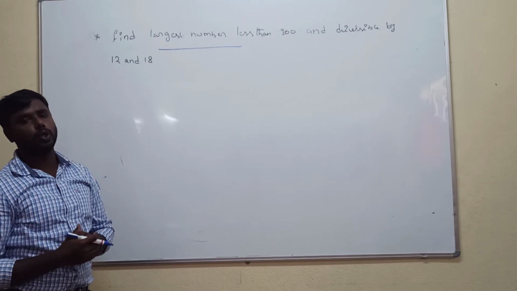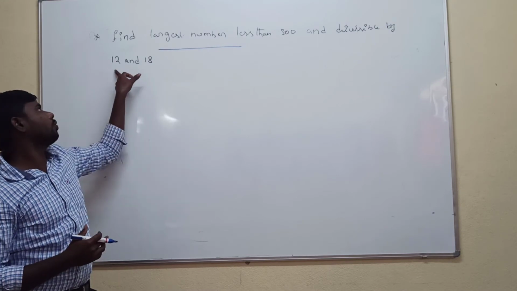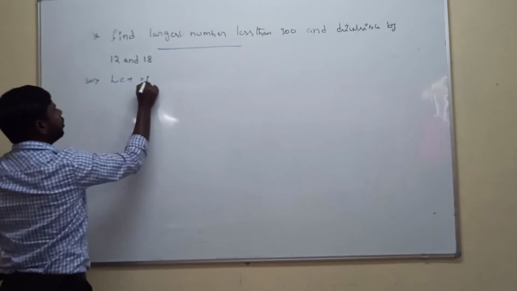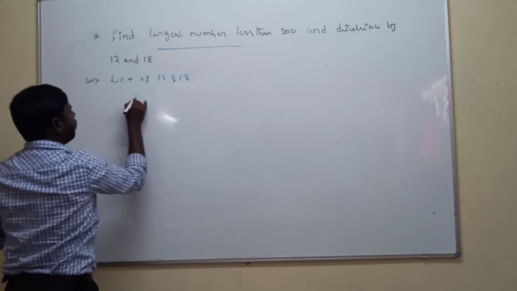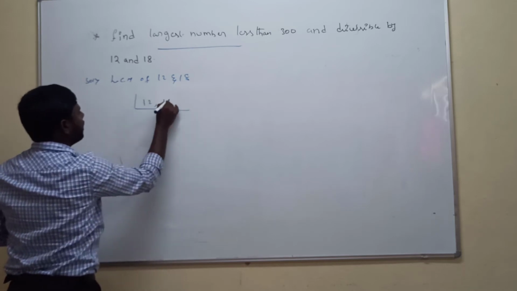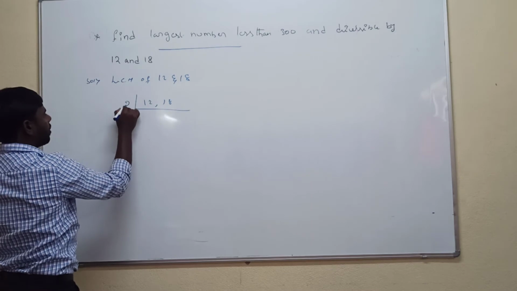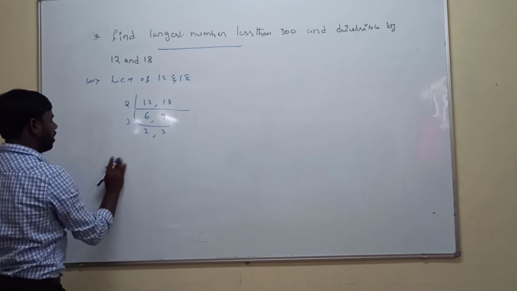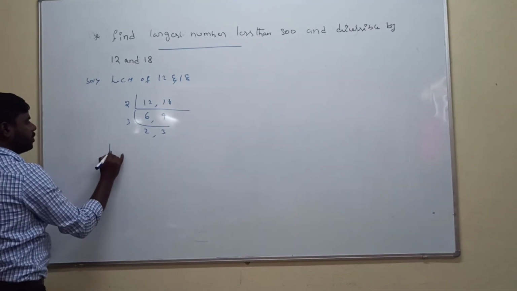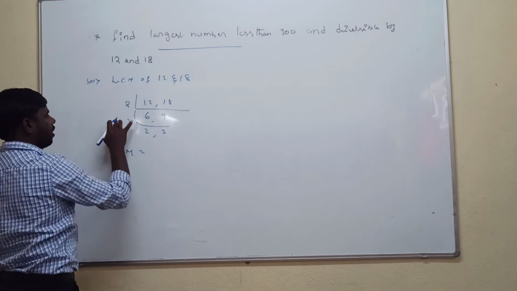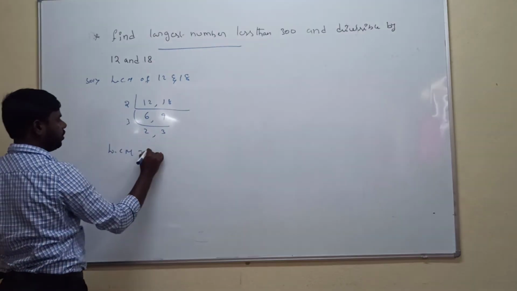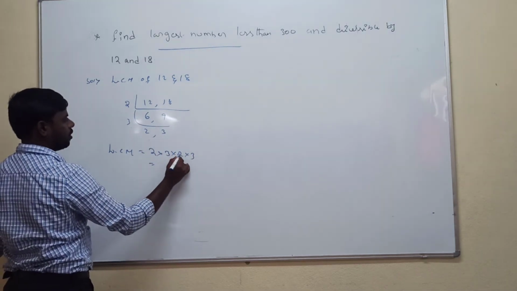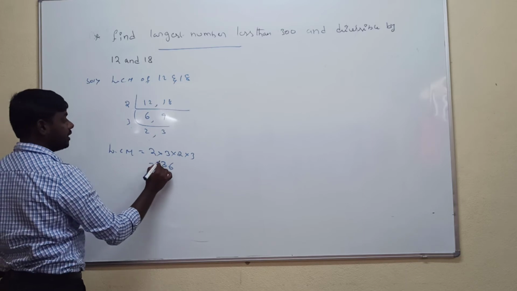So first of all, to calculate the LCM of 12 and 18, we are using the division method. So 12, 18: divide the given numbers by a common prime number. 2 sixes are 12, 2 nines are 18. Then 3 twos are 6, 3 threes are 9. So the remainders will be prime numbers. Then the LCM is equal to the product of all the divisors and the remaining remainders: 2 into 3 into 2 into 3. What LCM are we getting? 36.